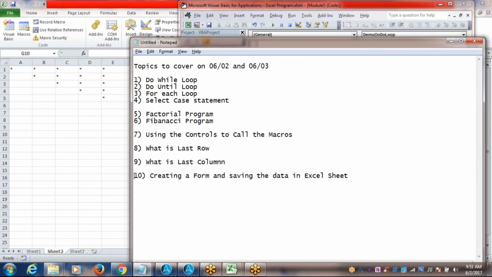For today's session, we are going to cover today and tomorrow. These are the topics. First will come the do while loop, do until loop, and what is the for each loop. We have seen the for loop, and the for each loop is different from the for loop. We will see how this is useful, and the select case statement, and we'll be doing two programs, factorial and Fibonacci,